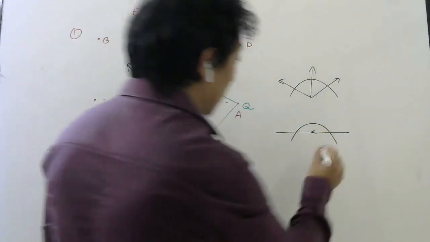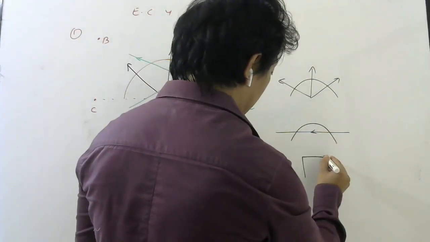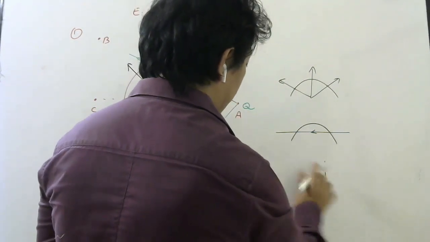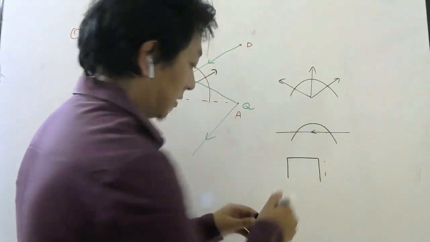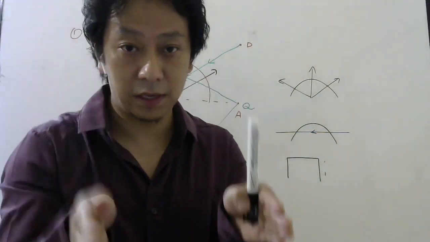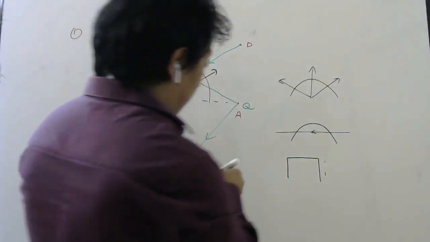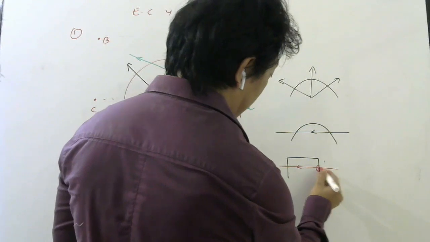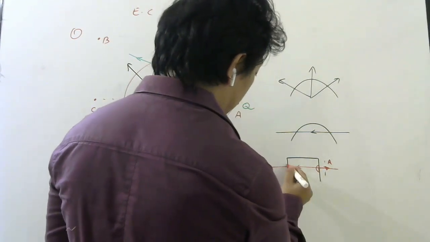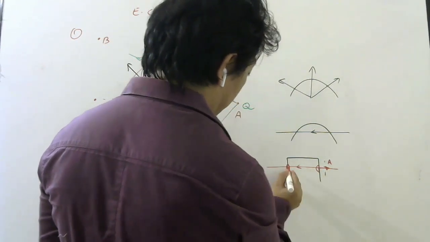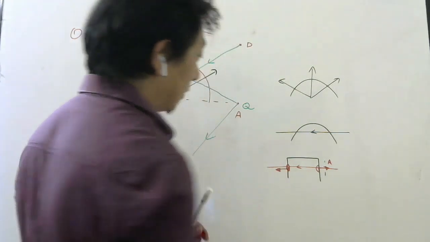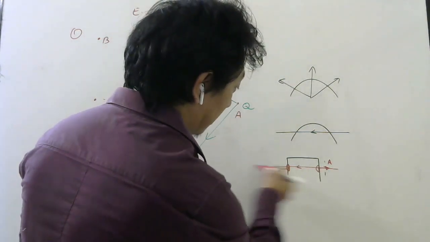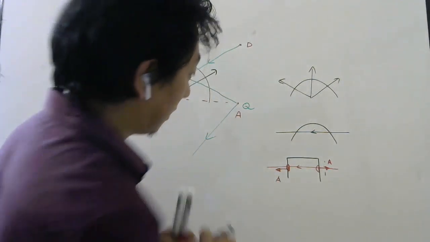Why? Look here. Let me make it easier for you. Suppose I take this kind of surface, or think of a surface like this. Now, if lines come like this, then see what will happen. For this part, the area vector will be here. For this part, the area vector will be here. Now, this is your area vector, and the electric field line is like this.